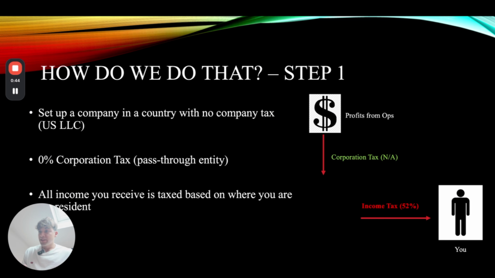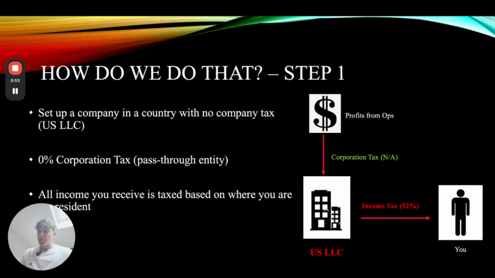So the first step is we set up the vehicle, that vehicle that we said was going to pay 0% tax. And we find this vehicle in the US LLC. The US LLC is taxed by transparency, that's what it's called, so it has no corporation tax. Normally a company would have its own revenue, its own costs, and the difference is the profit, like Tesla has its own profit, and then the company would pay tax on its own profits with its own money. It's not Elon Musk that pays Tesla's taxes, right? It's Tesla that pays its own tax,